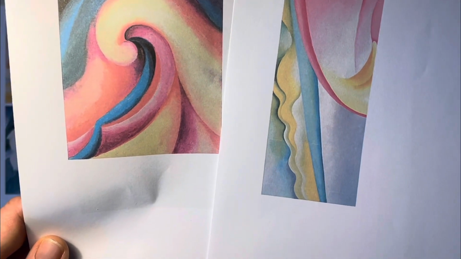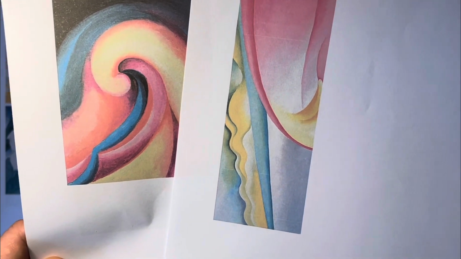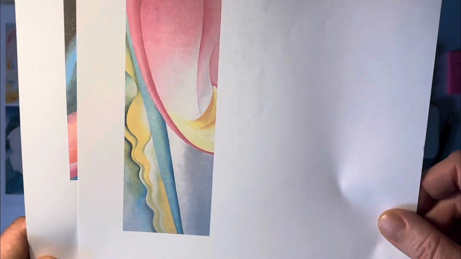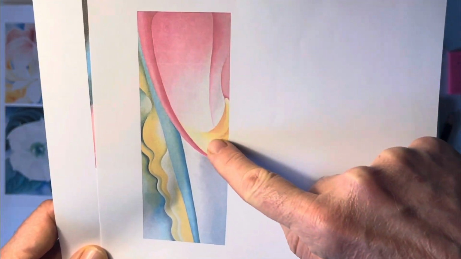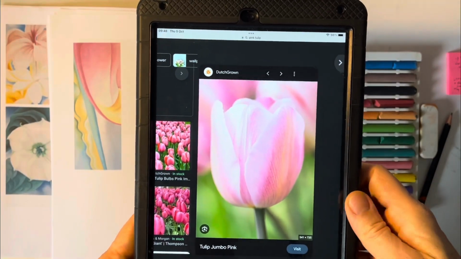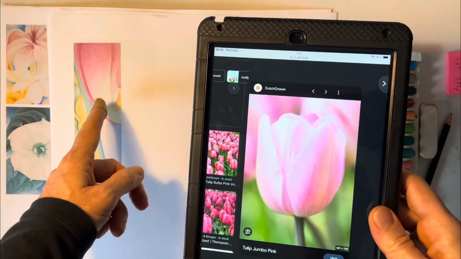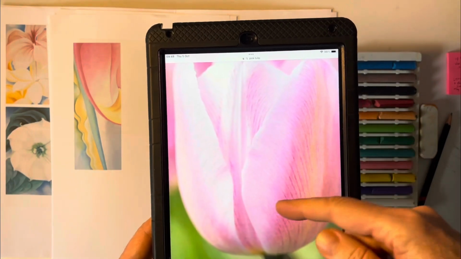All right, so what did you think? If you guessed that Georgia O'Keeffe used natural forms like plants and flowers to inspire her to do these artworks, then you are correct. This one, for example, this is part of a tulip flower. There's a few petals of a tulip there, as you can see. So I've got the iPad here and I've got a photo of a pink tulip. And as you can see, it's almost as if Georgia O'Keeffe kind of zoomed in on just a certain part